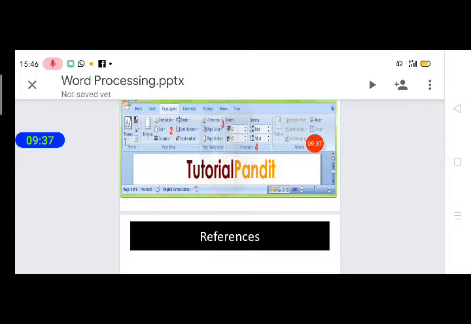Then next, the font, then the font size, then the bold, make the selected text bold, then the italic for the selected text, then the underline of selected text, then